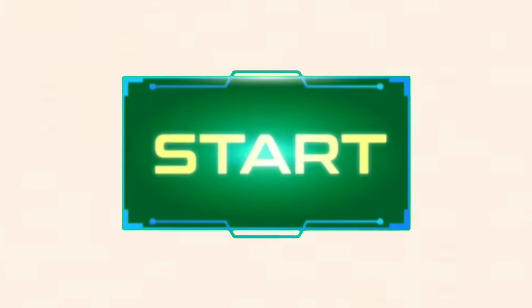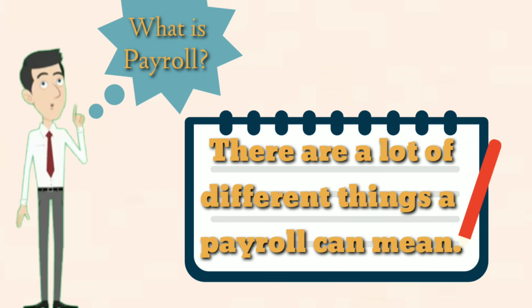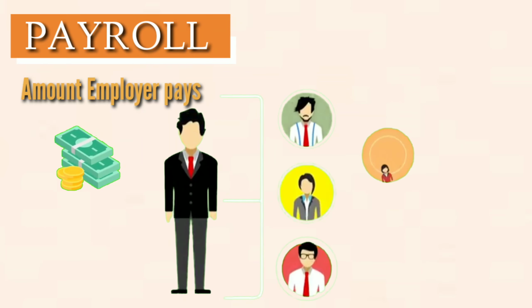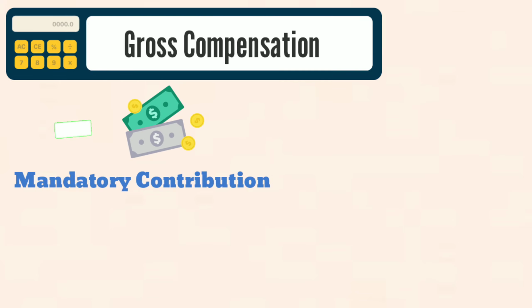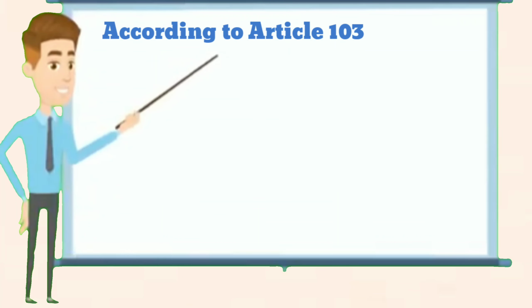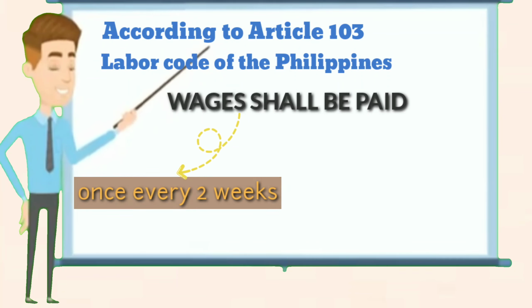Now let us start. So, what is payroll? There are a lot of different things a payroll can mean, but the common definition of it is that payroll is the amount an employer pays to an employee during each period. It involves taking the gross compensation, which is deducted by mandatory contributions and other deductions to arrive at the net pay. According to Article 103 of the Labor Code of the Philippines, wages shall be paid at least once every